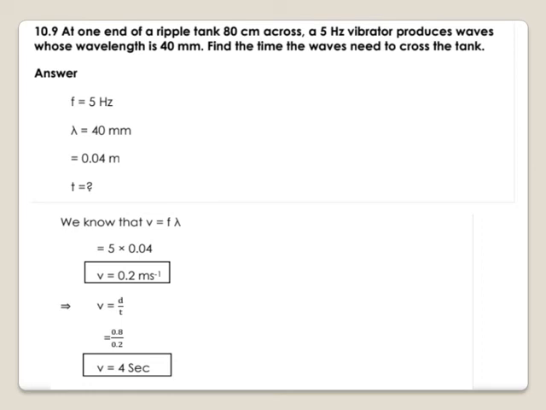So we have to convert the millimeter into meters and similarly centimeters into meters as well. So after changing these values we have to make use of the formulas v = fλ and the distance formula, and definitely the